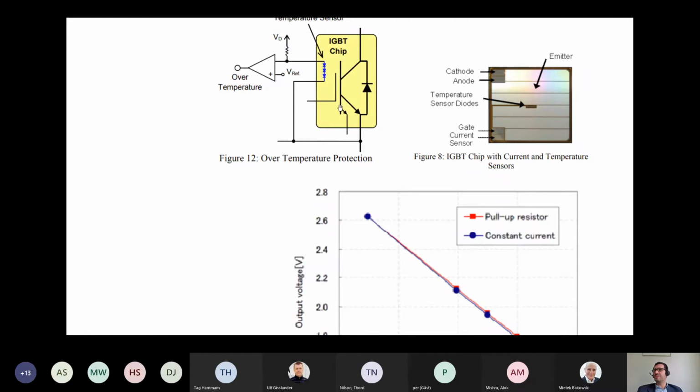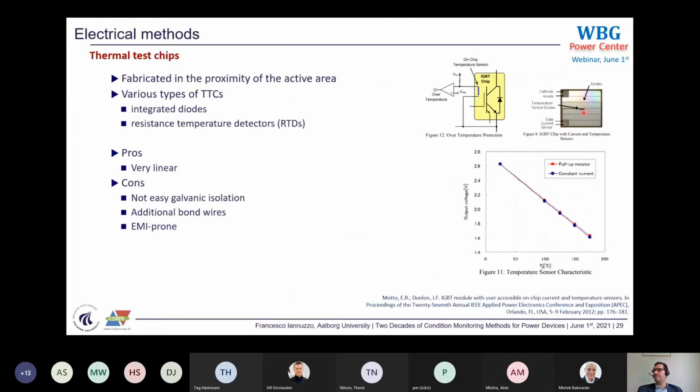They also demonstrated an auxiliary emitter for current measurement. So they modified the chip to put an auxiliary emitter for current measurement, but in this case we are more interested in the temperature here. And basically what you can do is also to integrate the resistance, which is larger in area, and